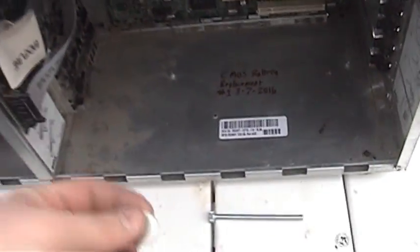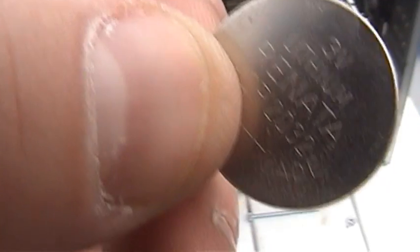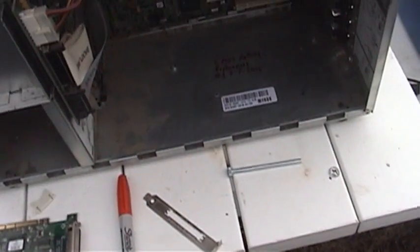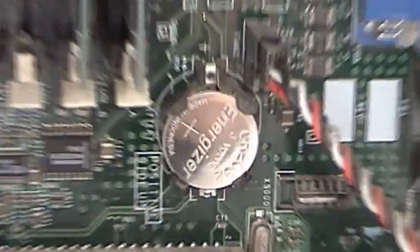As I've written in the bottom of the case, I did decide to go ahead and replace this CMOS battery. The rust spots really don't show up, but it's slightly swollen, and I'm sure it would have been right on the cusp of leaking. And if we make a very quick and informal test here, it's completely flat. There's no life left in that thing whatsoever. So now, it has a spiffy brand new one right there on the